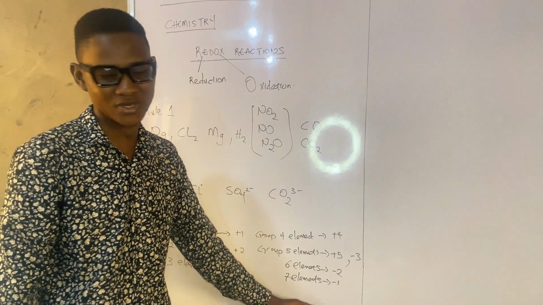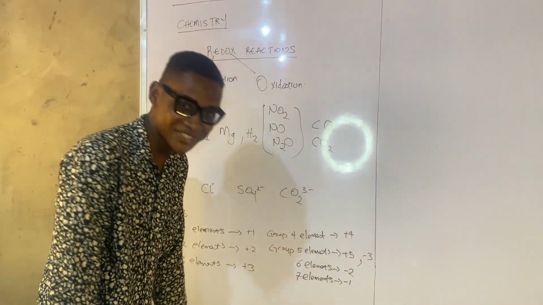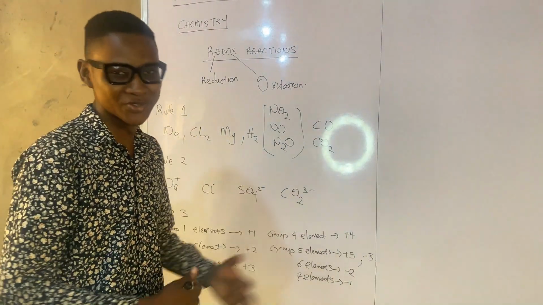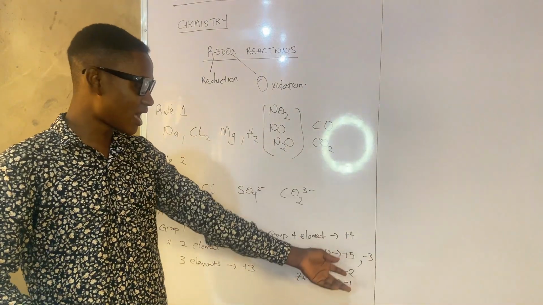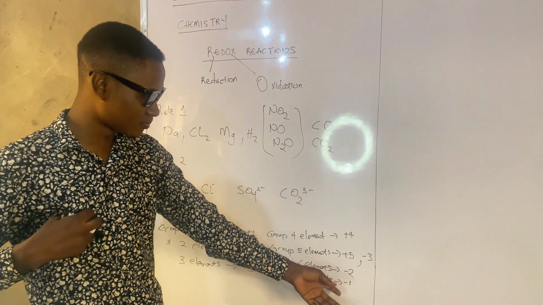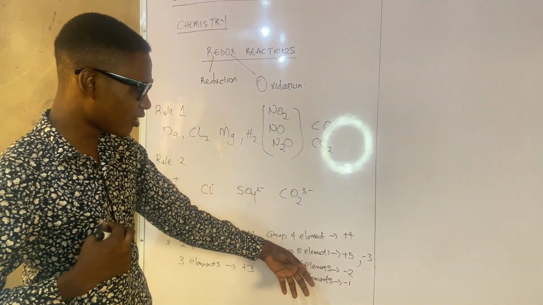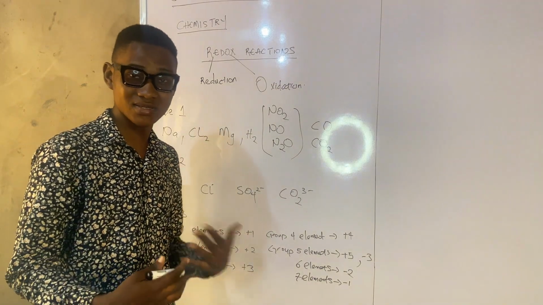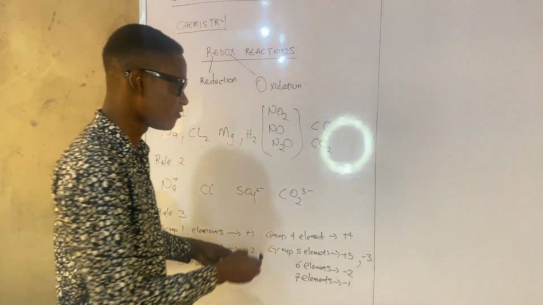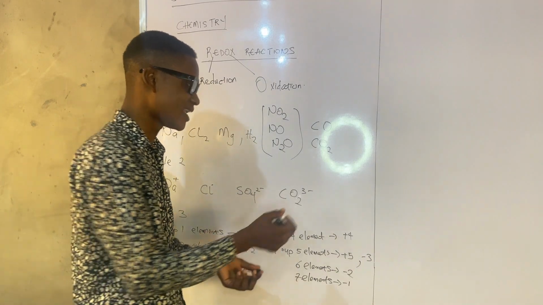But they can vary too. Now everything just varies. They can vary from minus 1 to as far as you can have different numbers, like minus 1, minus 5, minus 6, minus 7. That's when they form inter-halogen compounds. Like when you say